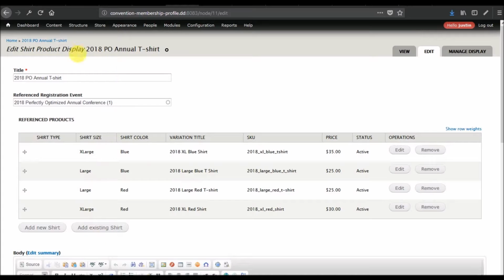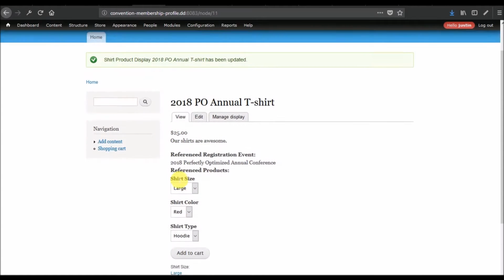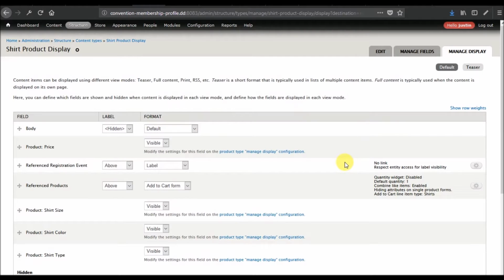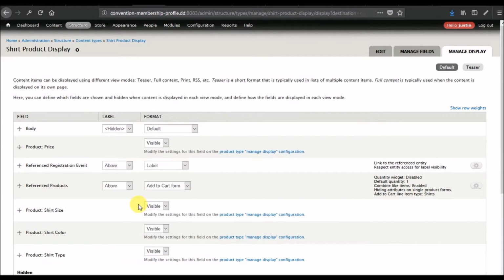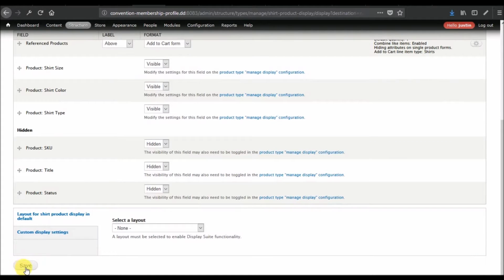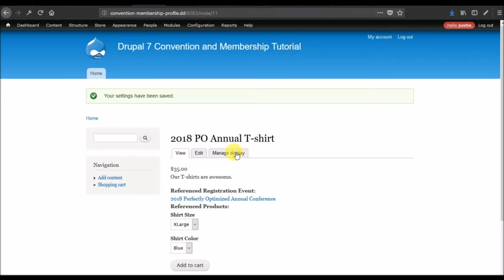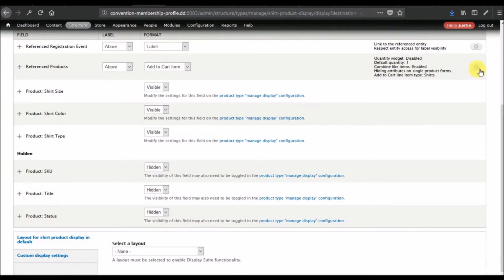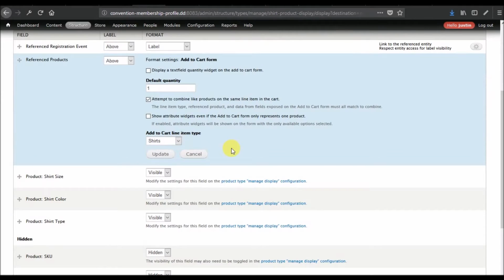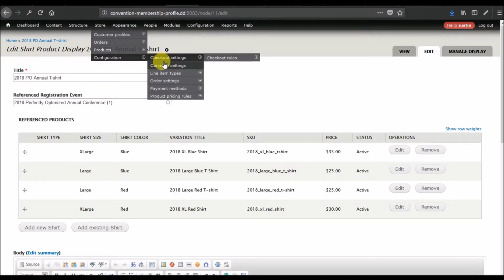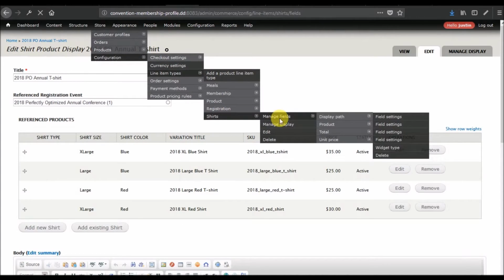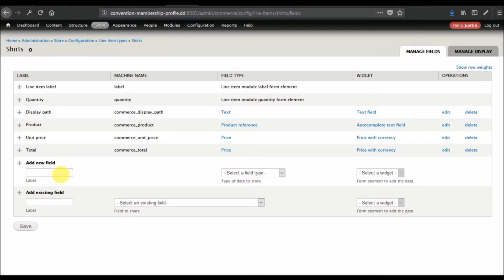But once all of these are filled out, we then of course have the mechanism. Let me make this linkable so we can quickly go back and forth. And while I'm back here, because we told the add to cart form to use the shirts line item type, again, we don't have any special fields on that line item type, which is found under configuration, line item types, shirts. But if I wanted to, add a field in here,